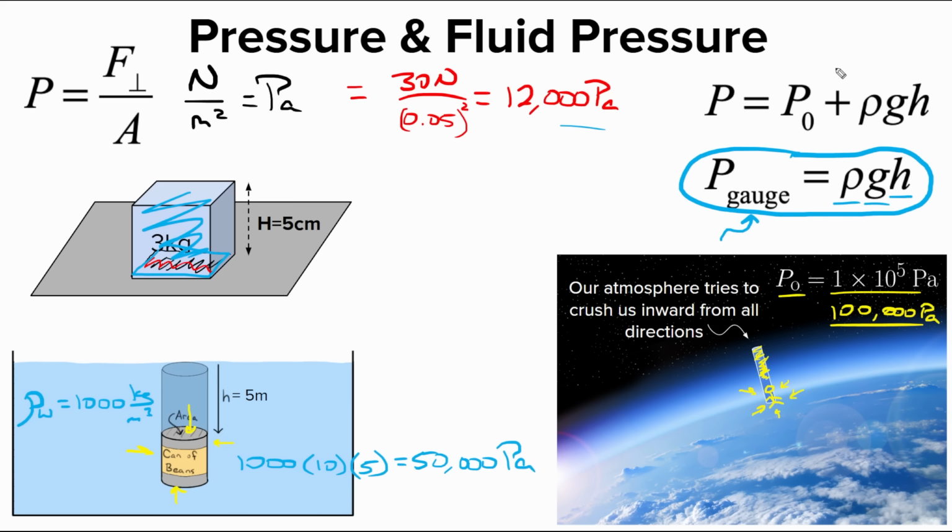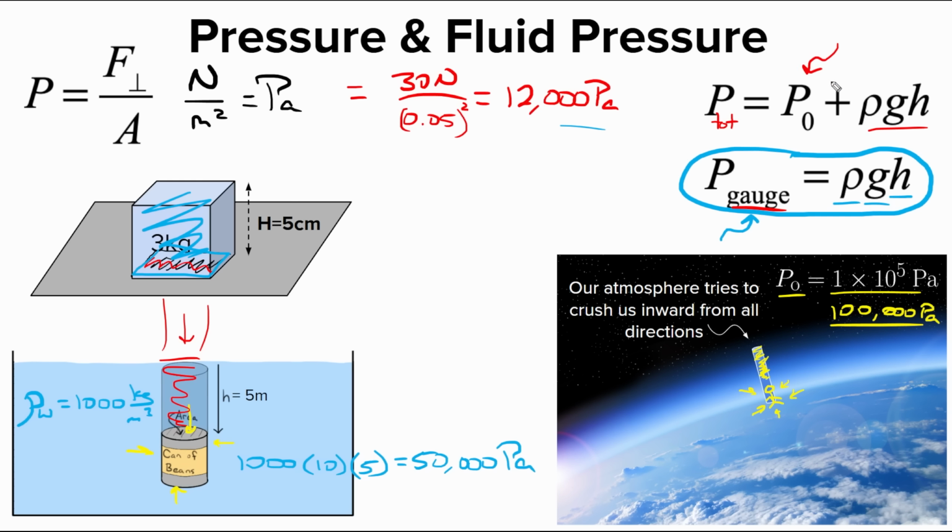And so what is this formula here? You get both these formulas. Well, this up here is the total pressure. So this would be the total pressure exerted inside of a fluid. You take that gauge pressure due to the weight of the fluid, the water that you're in, but then you add in that air pressure from above. Normally we don't do that. If you pump up your bike tires, the number you're getting is the gauge pressure. It's not adding